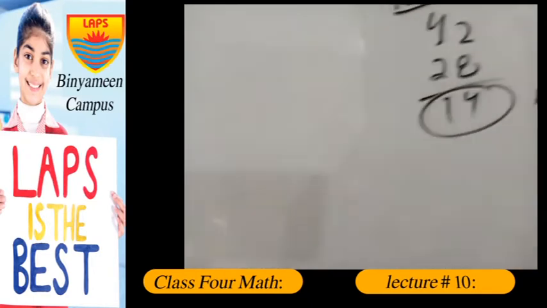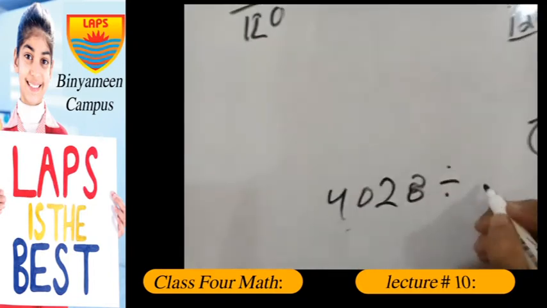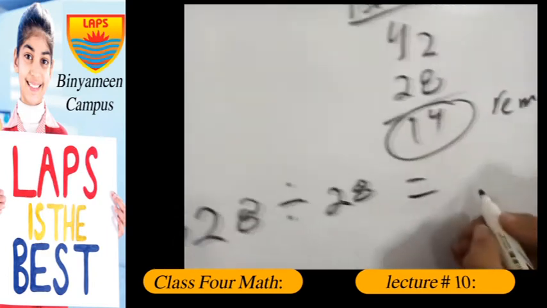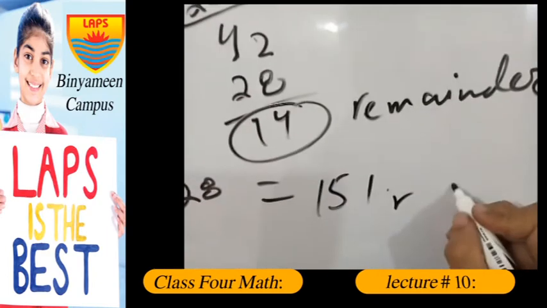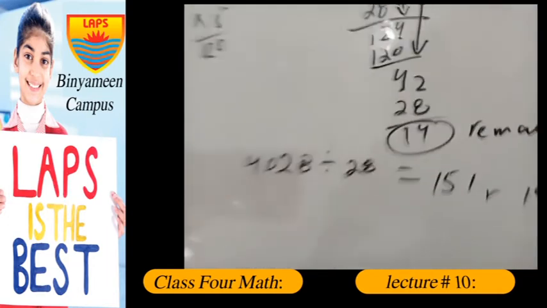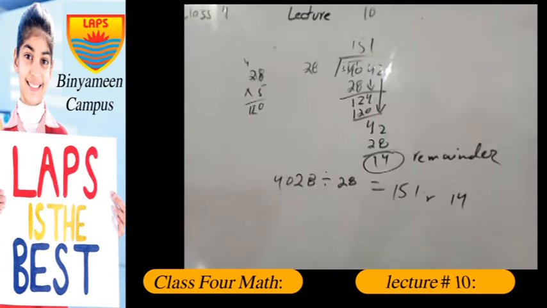The answer could be written as: if we divide 4042 by 28, the answer we get here is quotient 151, remainder 14. So solve similar problems on this pattern in your neat notebooks, and until the next lecture,